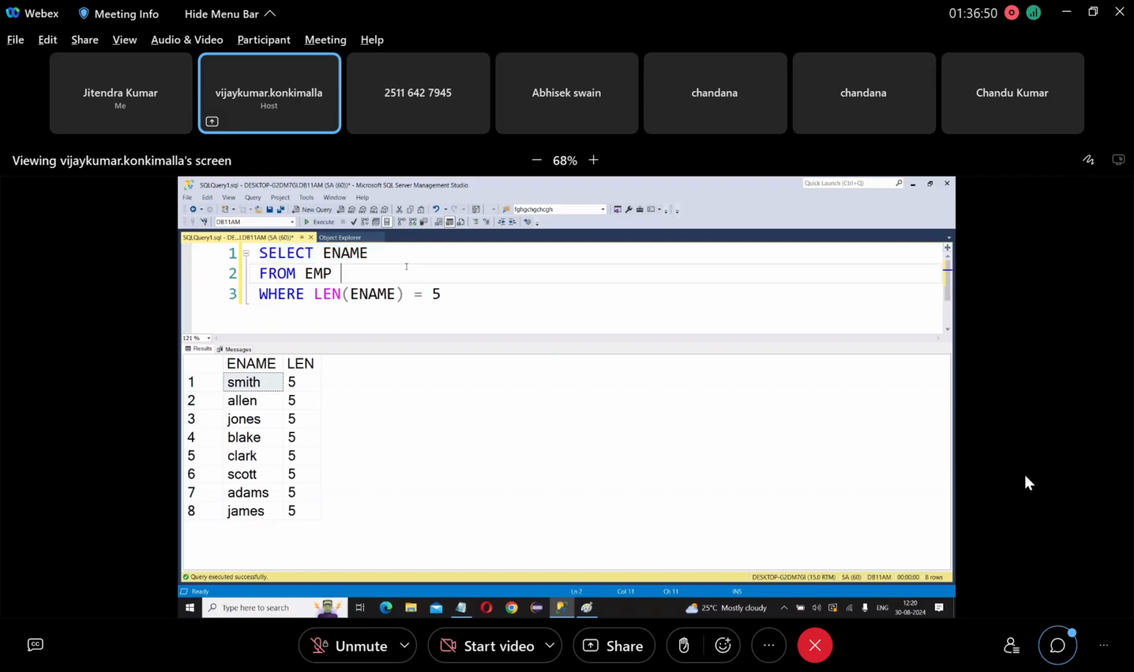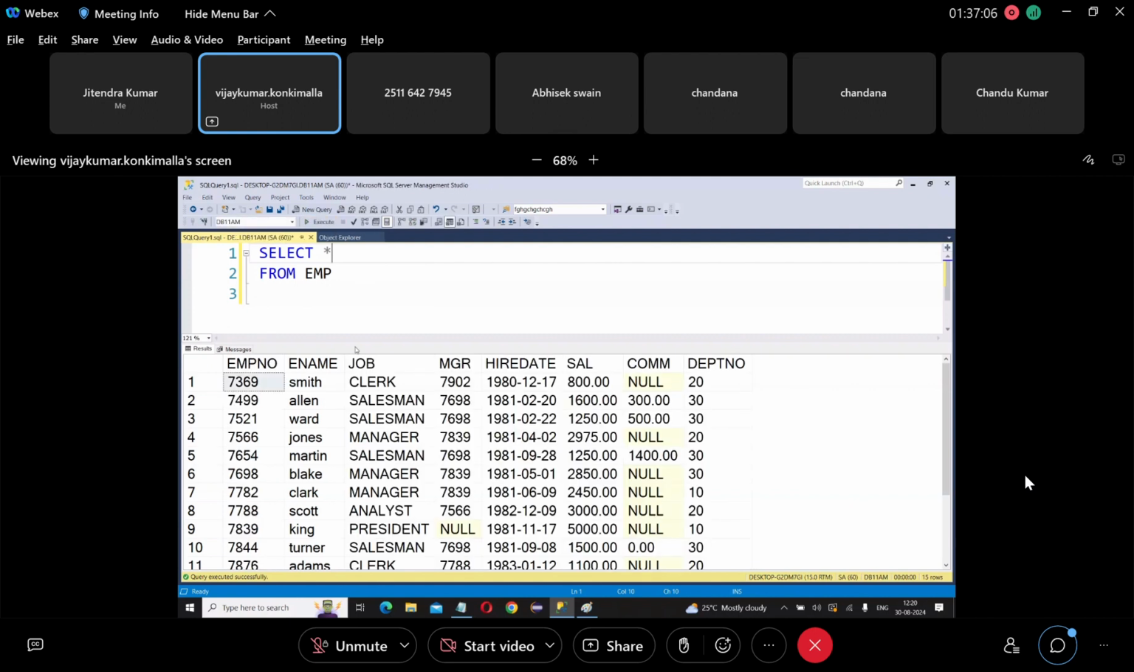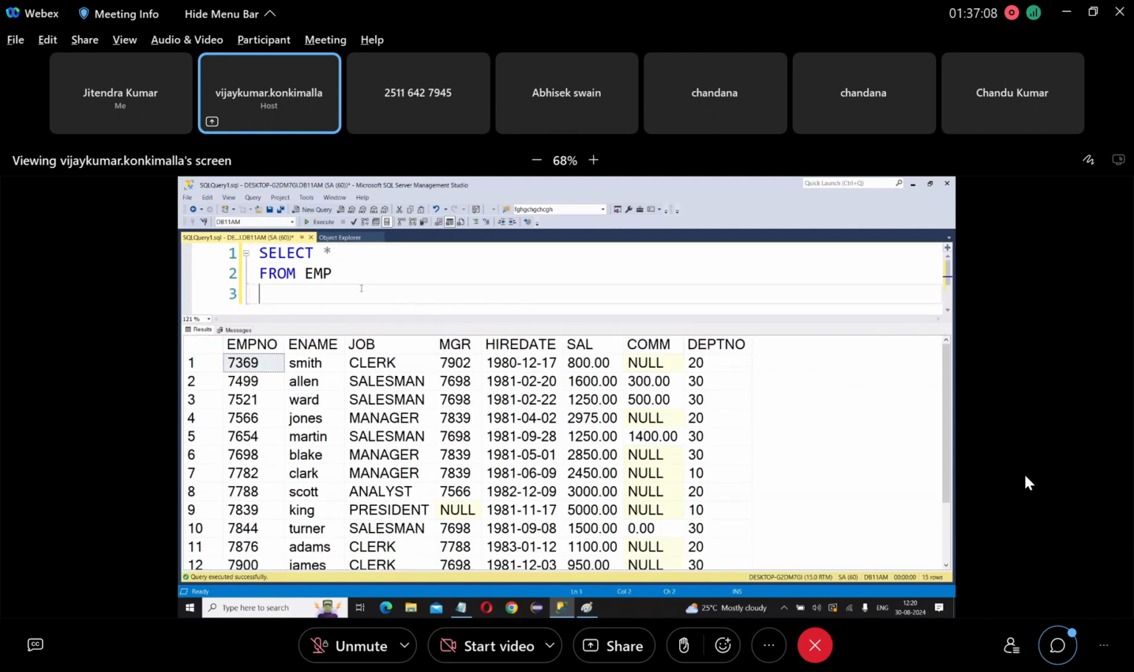Understood? Now suppose you see these names. Select star from EMP. So it is showing the table. But I want to arrange the data. How to arrange? Order by. I want to arrange the data length wise, not name wise. Then order by length of ename ascending. That means wherever you want, you can call these